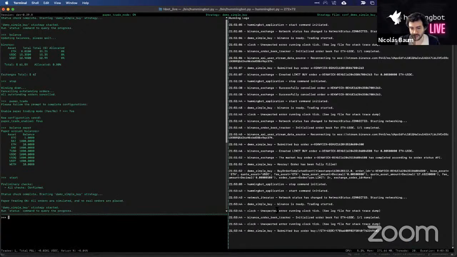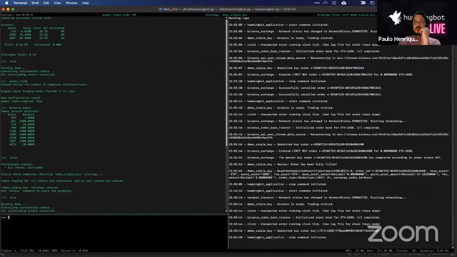Okay, so we're going to see some errors because I didn't prepare the code for paper trade, but it's submitting the order, and eventually if it gets filled, it's going to be shown. Getting the order filled in paper trade mode means that the price moved to the value that you set. And yeah, nice. I really hope this is good enough to get an idea. Yeah, I think I'll try to create something with it. Now that I saw this demonstration,